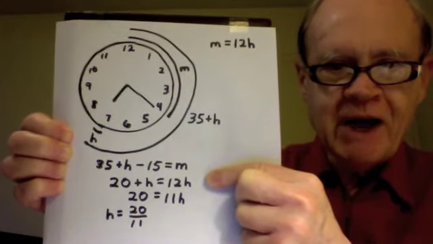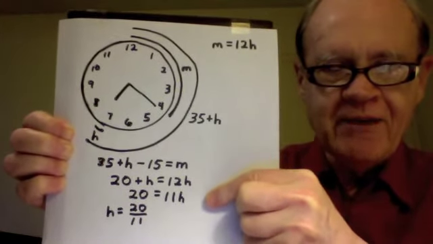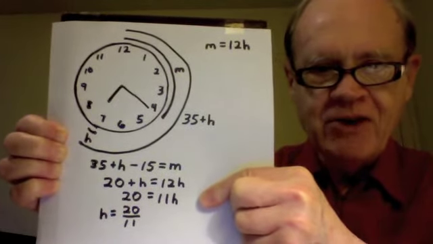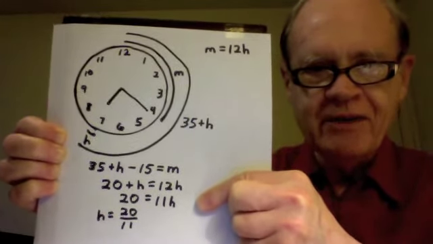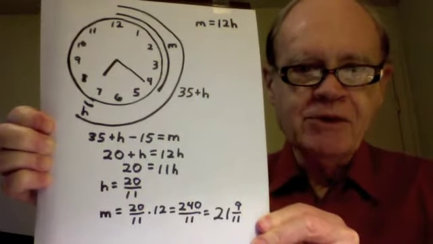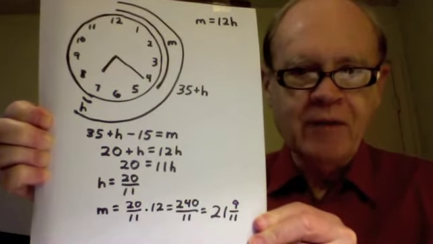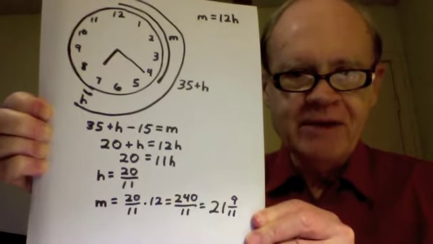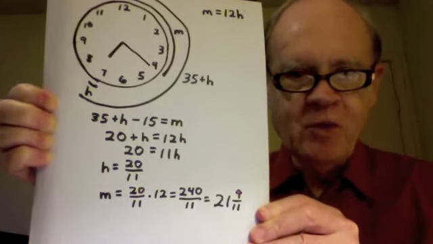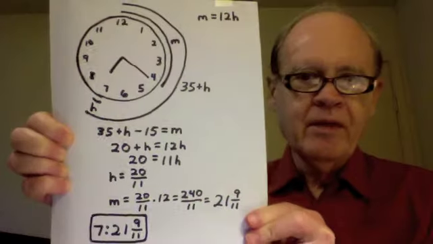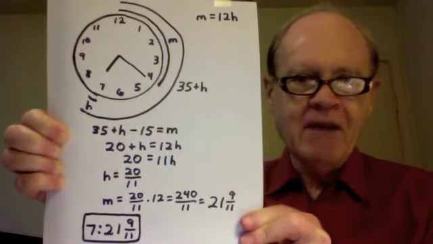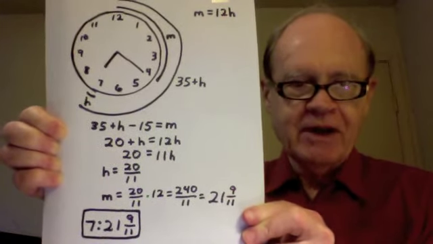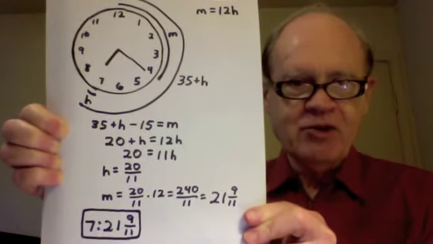Subtracting H from both sides, we have 20 equals 11H. Dividing both sides by 11, we have H equals 20 elevenths. M equals 12H, so M equals 12 times 20 elevenths, which is 240 elevenths, which is 21 and 9 elevenths. Therefore, the first time after 7 o'clock when the hands are at right angles to each other is exactly 7:21